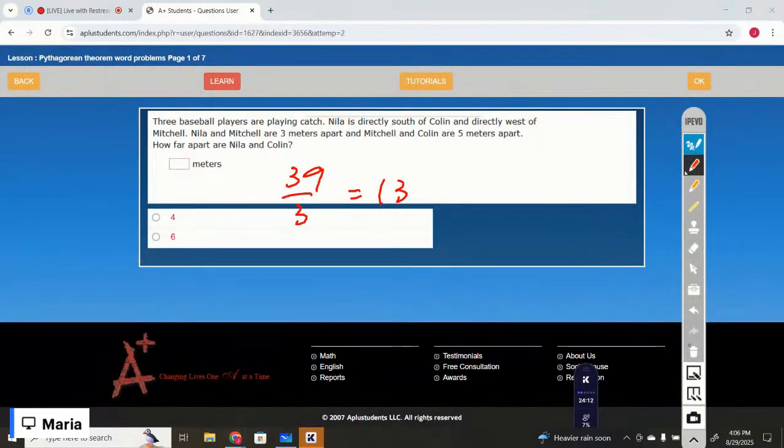Neela is directly south of Colin and directly west of Mitchell. Neela and Mitchell are 3 meters apart. Mitchell and Colin are 5 meters apart. How far apart are Neela and Colin? So we need to find how far. So that is c squared equals